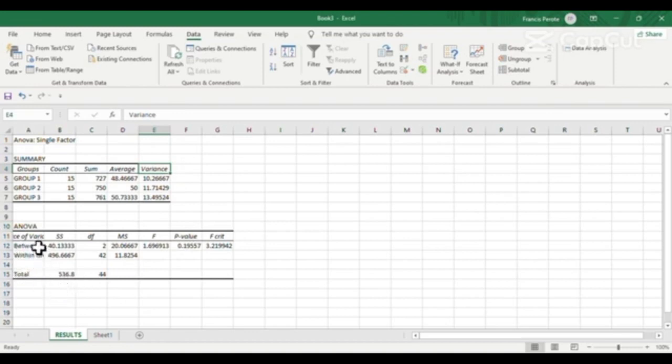So let's now focus on the ANOVA result. The results here are put in three rows. The first row describes the results of between groups. The second row describes the results when the source of variation is within groups. And the last row is the total of the sum of square or SS and the degrees of freedom or